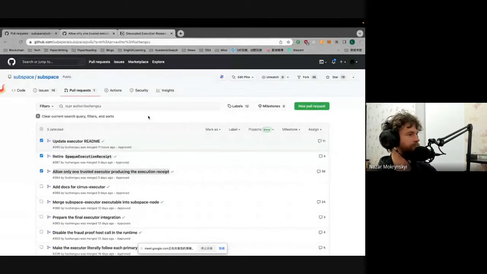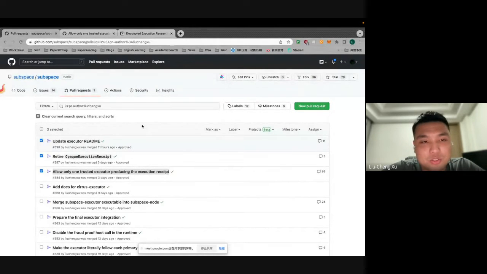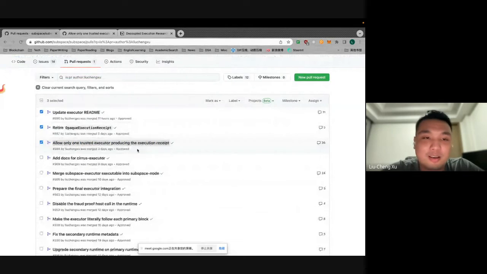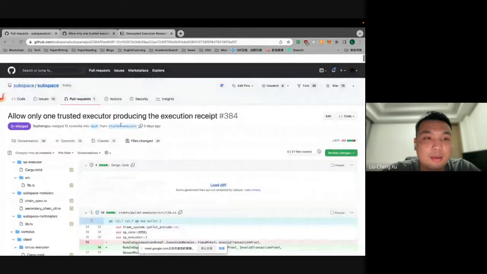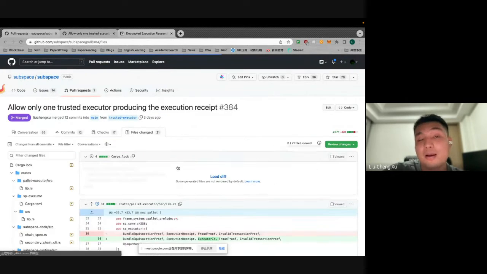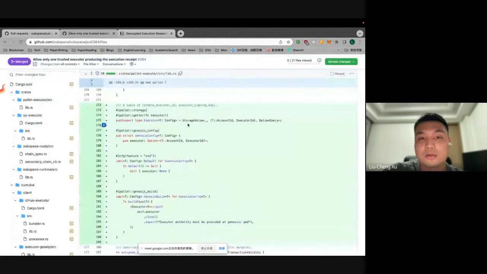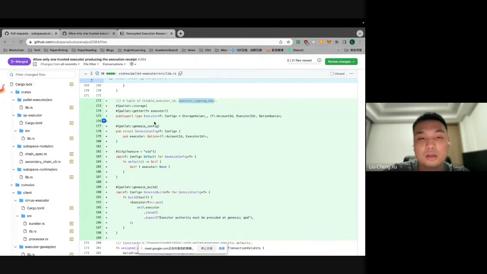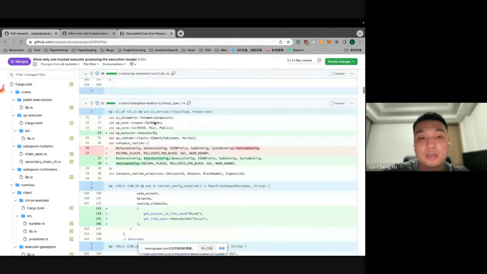Yes. Okay, great. So last week, the primary thing was implementing this one trusted executor, producing the execution receipts. The core idea is we track this trusted executor in parallel, and we use a stable executor identity, and the signing key for this executor, as you can set a new key in the future. This signing key is not stable. We track this trusted executor in this pallet, and whenever we want to produce